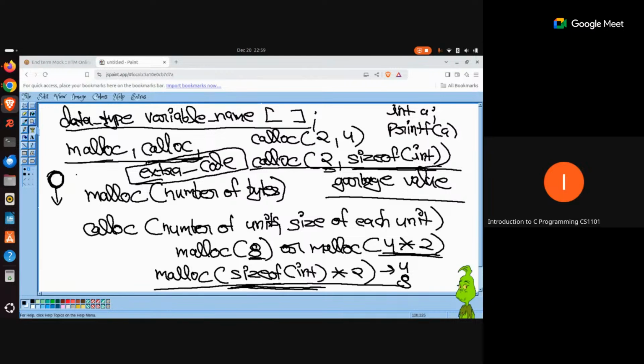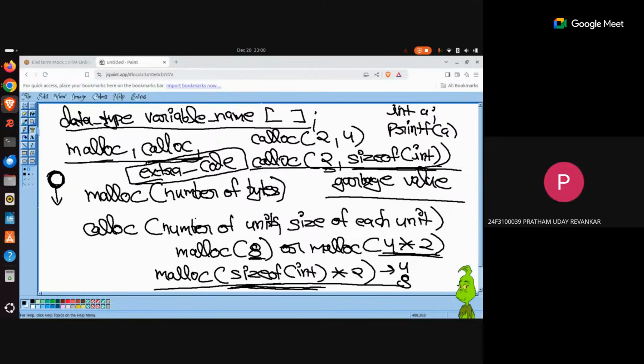In case you don't require the memory blocks to be initialized with the value 0, then you should not use calloc. You should always go with malloc so that your program can run a little bit faster. I won't say a significant difference would be there, but yes, definitely some difference would be there because calloc will utilize some extra clock cycles in order to initialize all the requested memory blocks with the value 0. So that is the advantage of the malloc function over calloc. Right? Your program will run a little bit faster. Do you all understand?